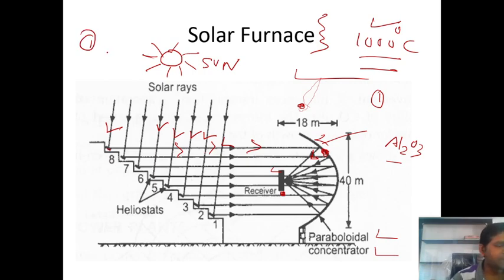in a solar furnace, heating is carried out without any contamination and temperature is easily controlled by changing the position of the material in focus. If I change the position of the receiver, then we can control the temperature. After that, it gives extremely high temperatures. Very high temperature is obtained inside the solar furnace. How much? It is 1000 degrees Celsius. After that, various property measurements are possible on open specimens. Okay. Contamination by ions does not occur in fusion, which might happen in the case of plasma or hydrogen flame, guys.